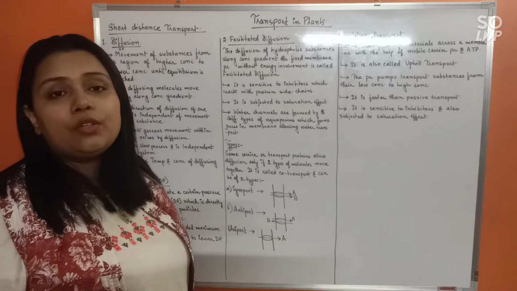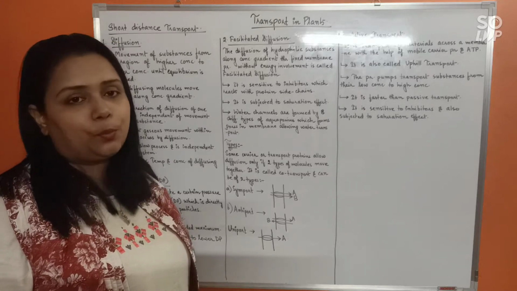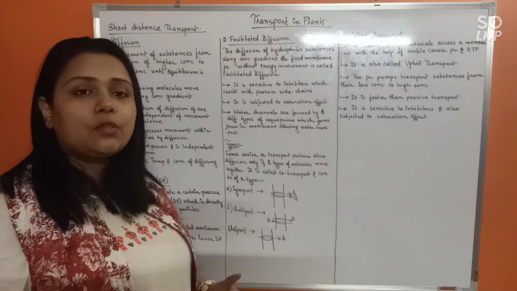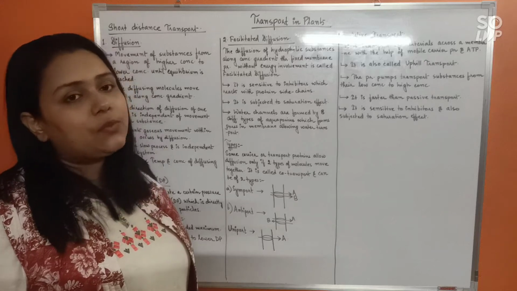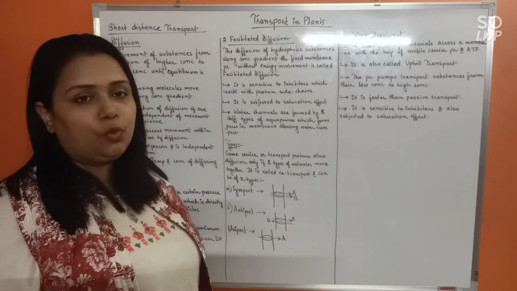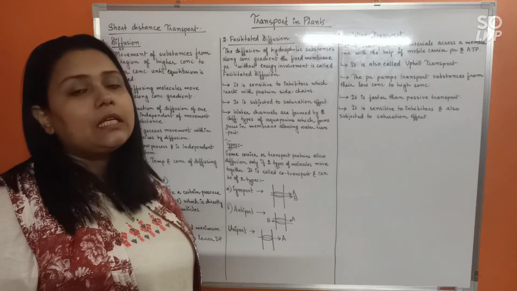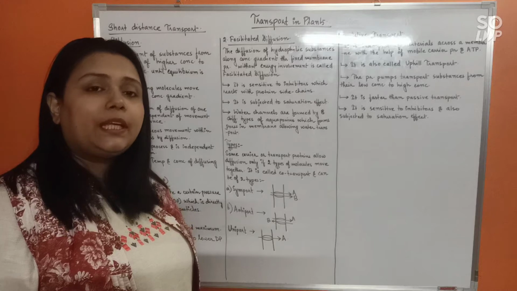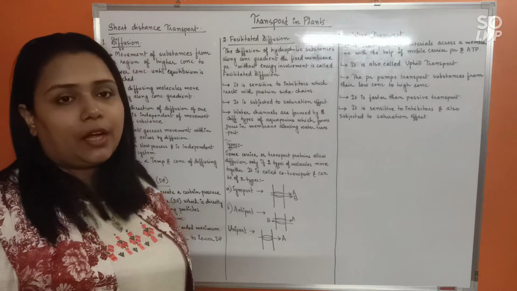But it is going to take the help of certain membrane or carrier proteins or transport proteins. So that's why this type of transport has to be facilitated or assisted. That's why we call it facilitated diffusion. But do remember, in this particular transport as well, substances are moving from higher to lower concentration, as per their natural tendency. So energy expenditure is not required.